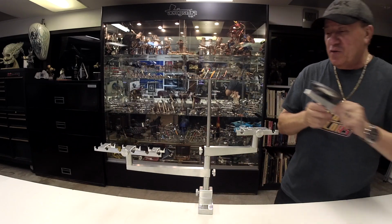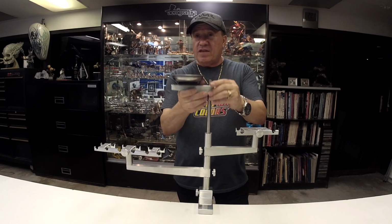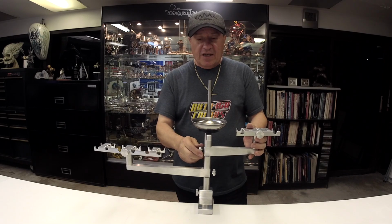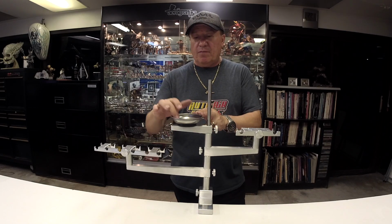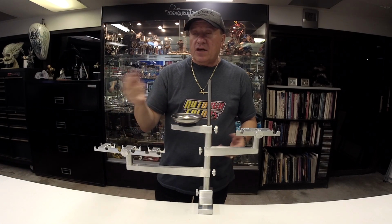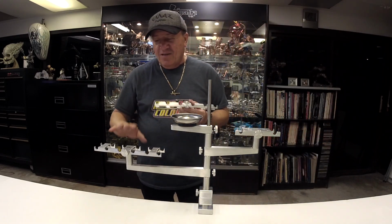This piece is going to be another spacer. You can get very different pieces to customize this according to your needs. This is a magnetic tray, so you can put some small parts of the airbrush, like the lids of it, pretty much anything you want. And on top of this, I will set up another set for